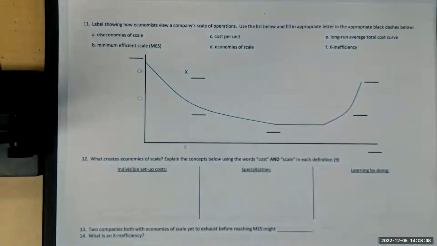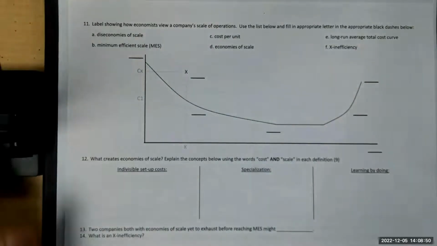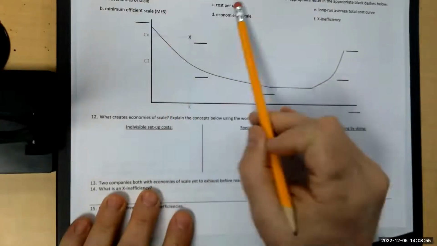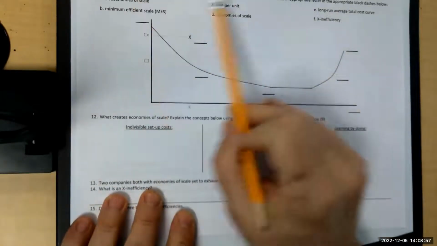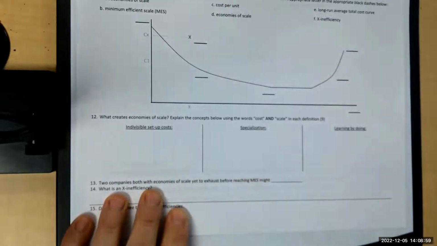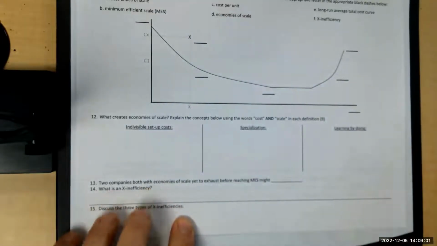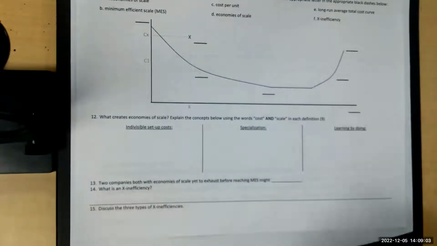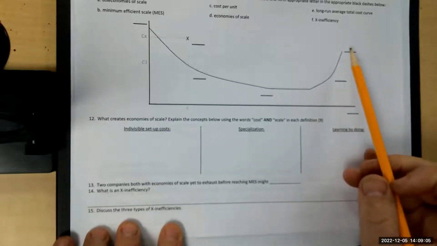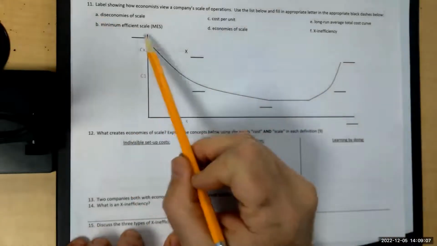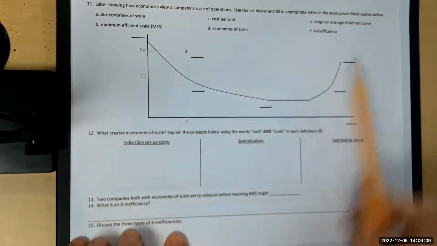The online prep for this was me just saying, basically, you had to draw economies of scale without knowing what these words were, and you'd have to memorize them. I'm not doing that this time, but I am asking you what they mean. And so see if you can right now, looking at this, fill in the letters that correspond with the appropriate